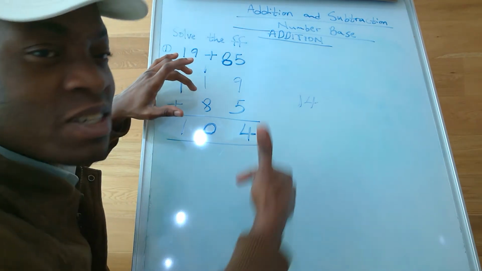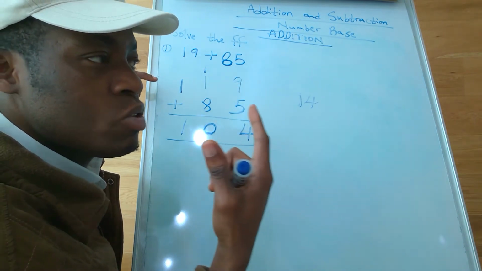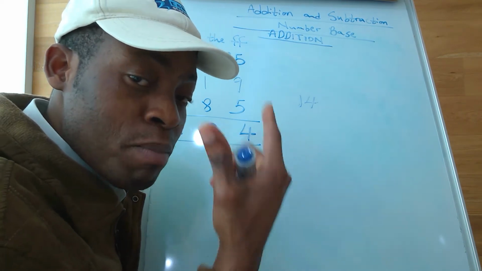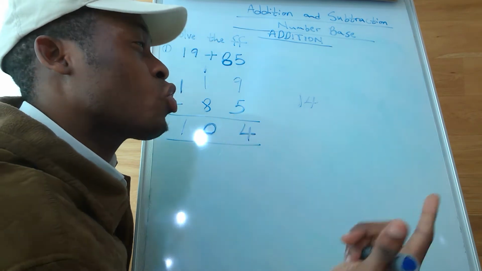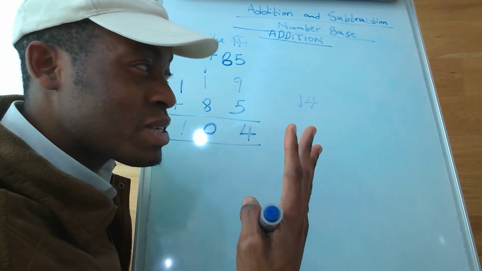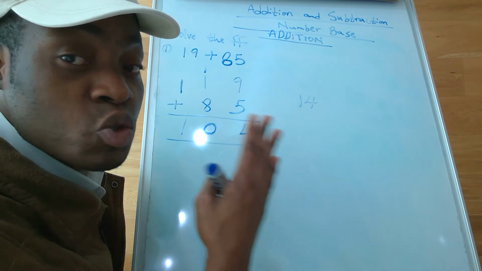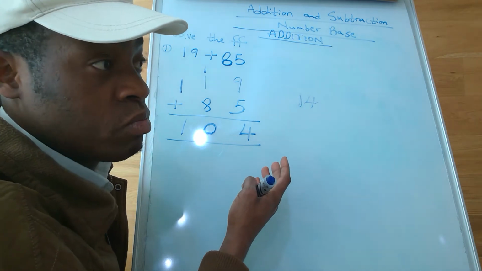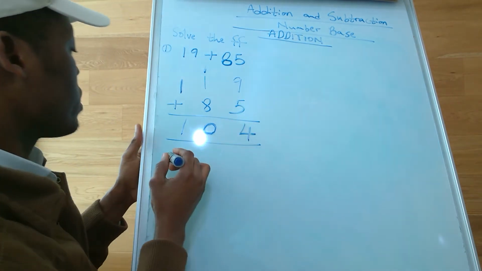But if you apply that method that those teachers taught us in another base, you will not understand, and you won't get the correct answer. And that is why students have problems in solving number bases, especially addition and subtraction of number bases, because of what we were taught at that time. Imagine you have been taught something for, let me say, 12 years in our education system, but that was not what really happened. Now, let's look at other questions. You will understand what I'm saying.